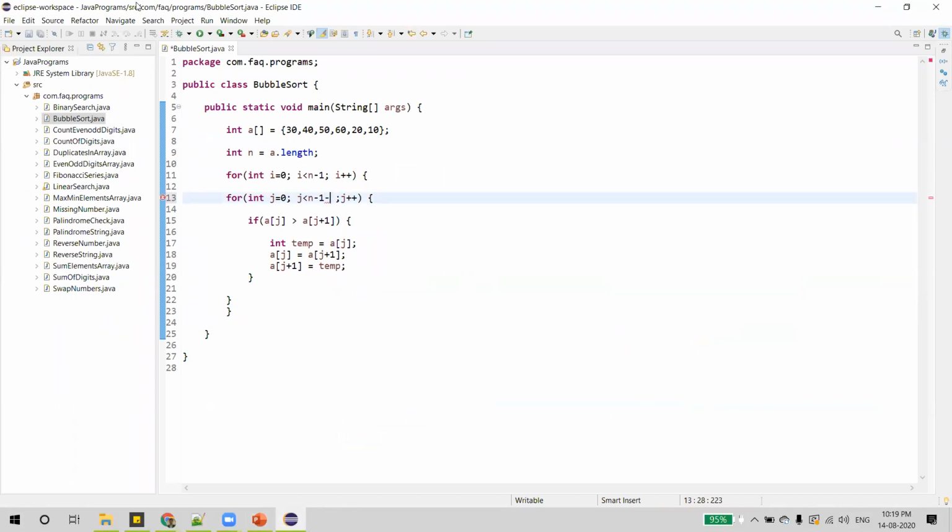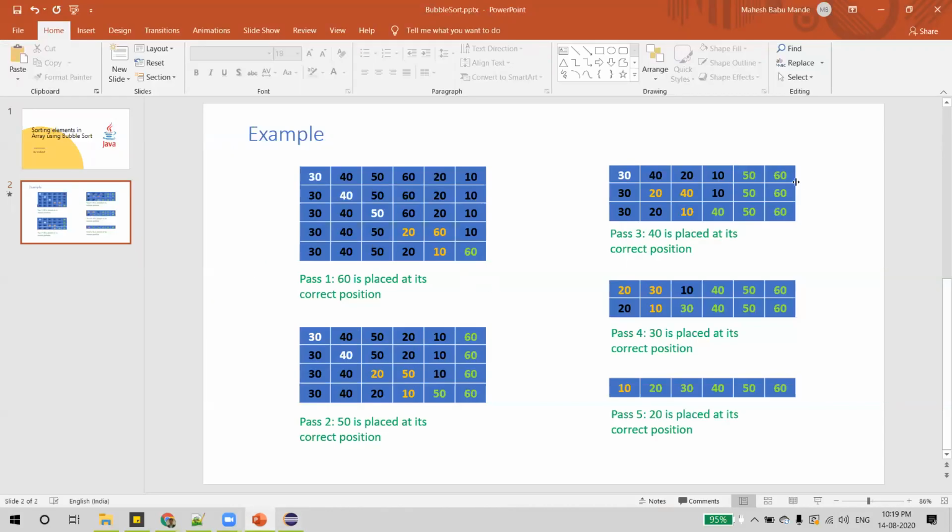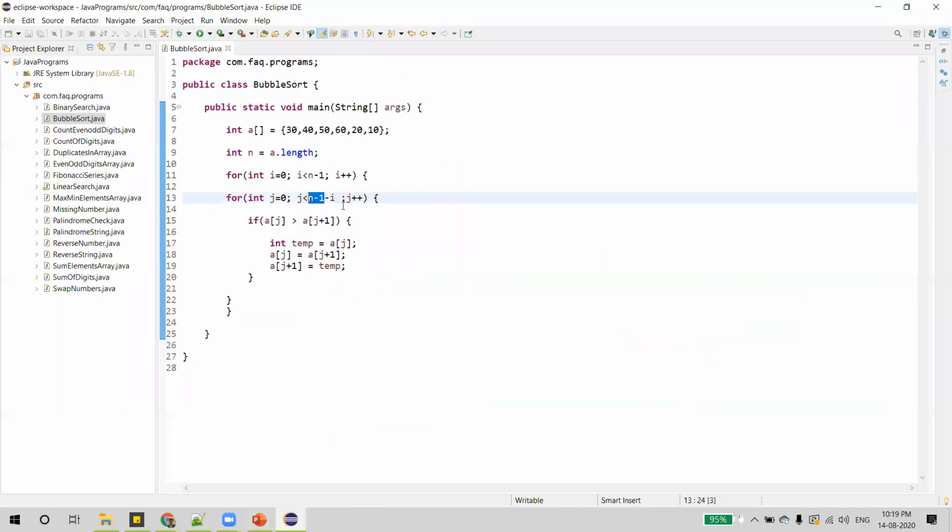How do we know how much to decrease? We'll take it as the i value. The i value increases every time, and that will be subtracted from the iteration count, so that each time it will iterate one less than the previous pass. That's how it works.